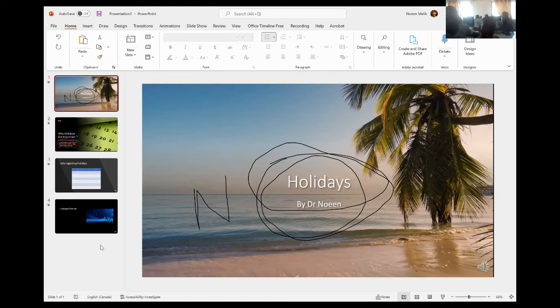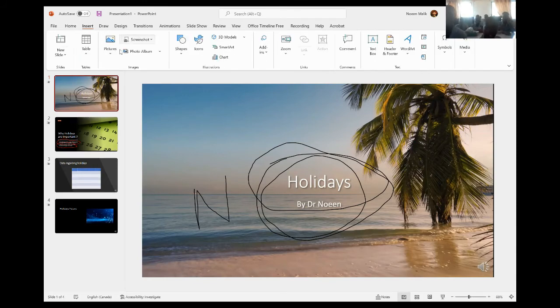No, if I go to insert, it will ask me if I want to insert pictures, a new slide, a table, shapes, icons or a chart. It does not show me recording anywhere, does it? It is only to insert media. So where should I go for the recording?